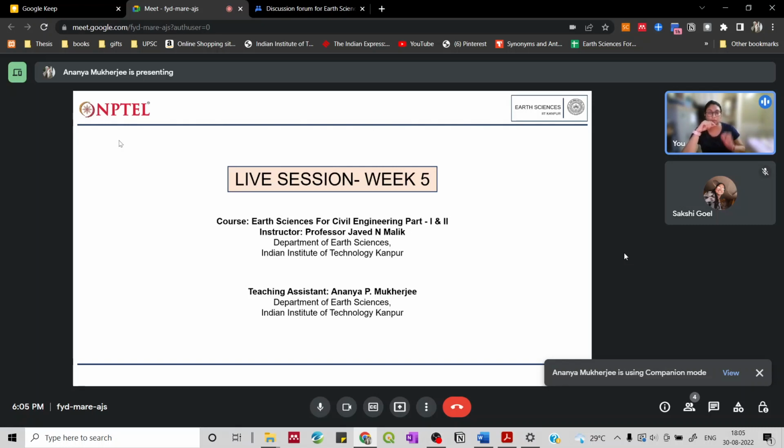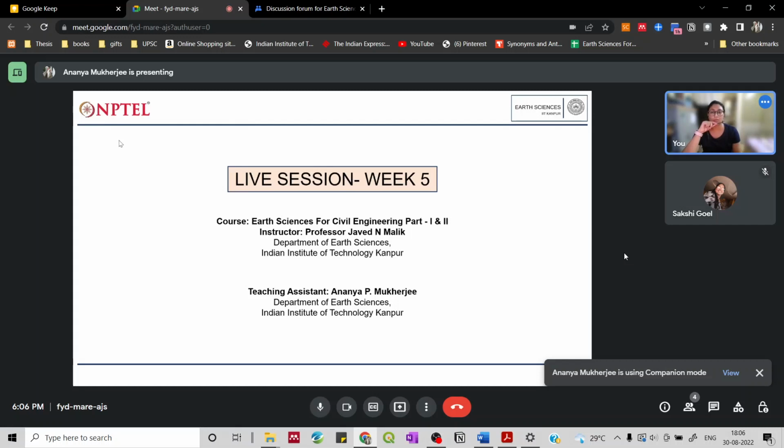So till now we have seen the different components which make up the earth, the rocks, minerals, and then we saw the kind of geological structures, major structures that we see on the earth's surface, and how they are formed, how they are classified, how you can identify these geological structures in the field. So after learning these basics,